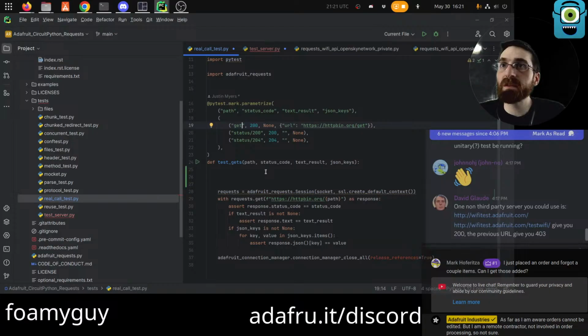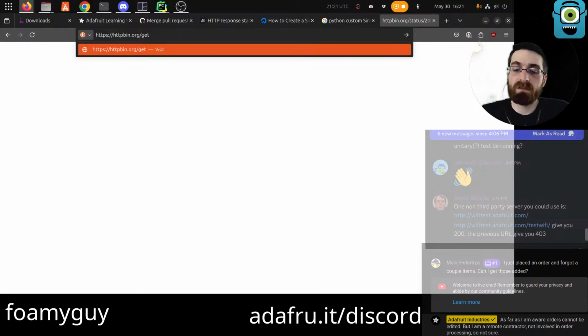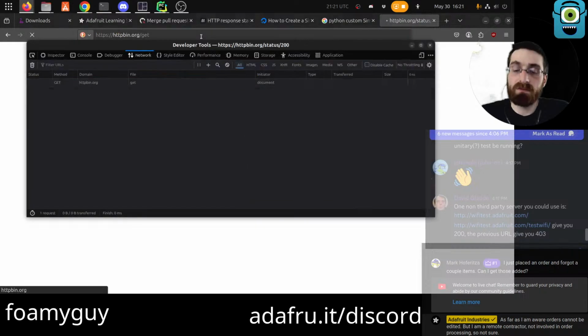This one is a bit different, though. So that's saying that we are gonna... What with that? This is JSON keys. Are those getting used? I don't think those are getting used. I guess that's only for the response. It's not something you send to the server. If you just say get...